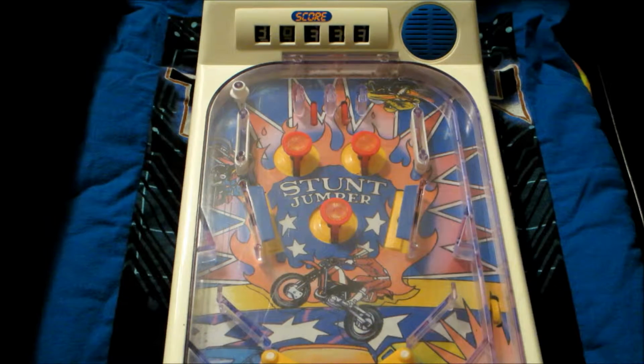This is my Stunt Jumper pinball toy, which I've already talked about on my Triple H series. What this video is about is not exactly this. It's a pinball game for iOS, and I believe it's on Android as well. But I wanted to first showcase this pinball toy that I have, because this is all sort of related. There's a group on Facebook